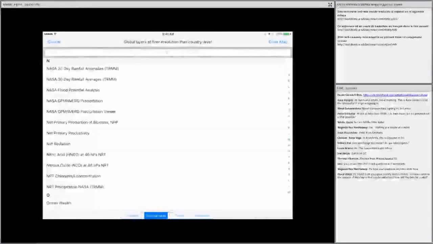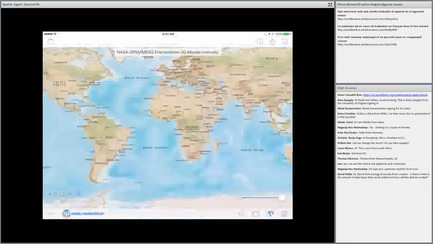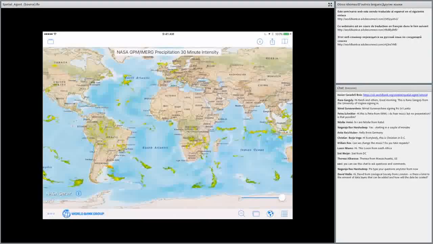So for example, if we look at a recent NASA data set which replaced the TRIM data set that they had earlier, which estimates precipitation, we can look at this new GPM precipitation data, and again you can put different